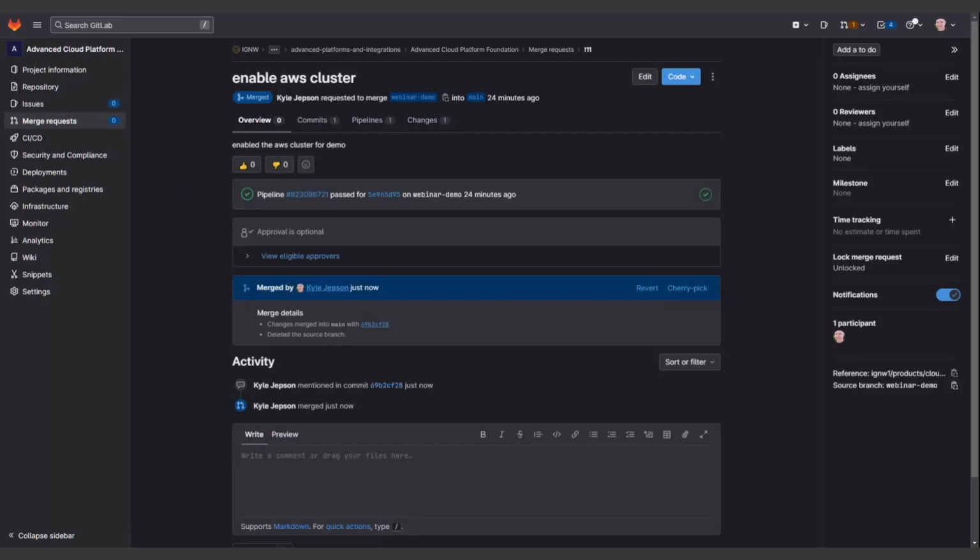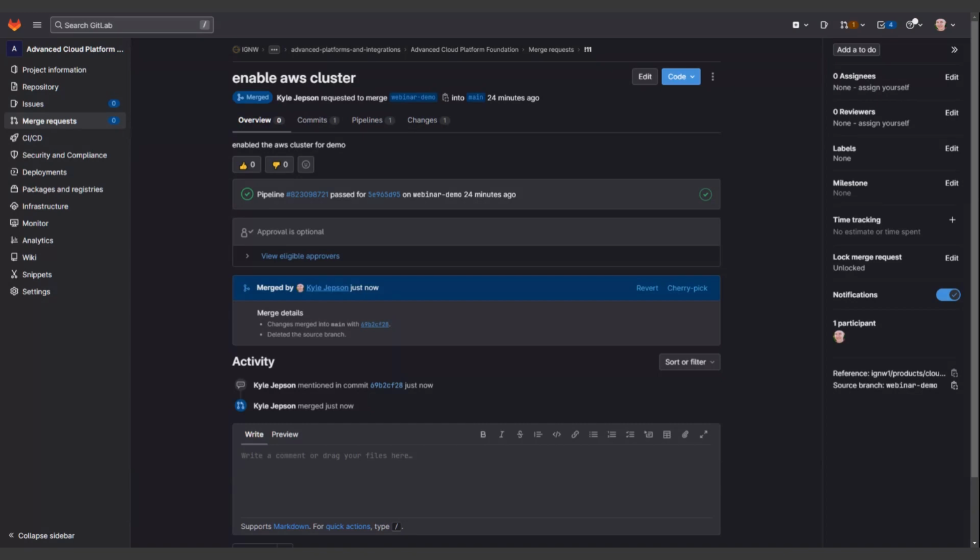And if we go over to Spectro Cloud, which we'll walk through the GUI here in just a minute, in just a second what we should start to see is the cluster start to spin up. We should start to see a couple of add-on packs created here. And you can see that just by clicking that merge request, I've got a cluster that's provisioning in AWS, and it's going to have 6 nodes, and the cluster profile is already fully defined for me. So now I just get to sit back and let that provision. I'll pass it back over to Jesse to do a little bit of a walkthrough on the Palette GUI.